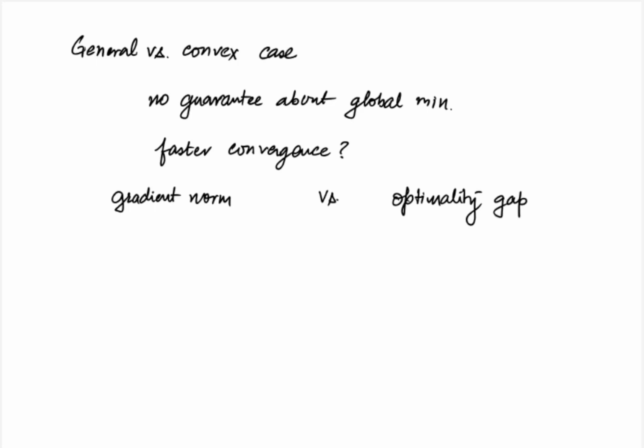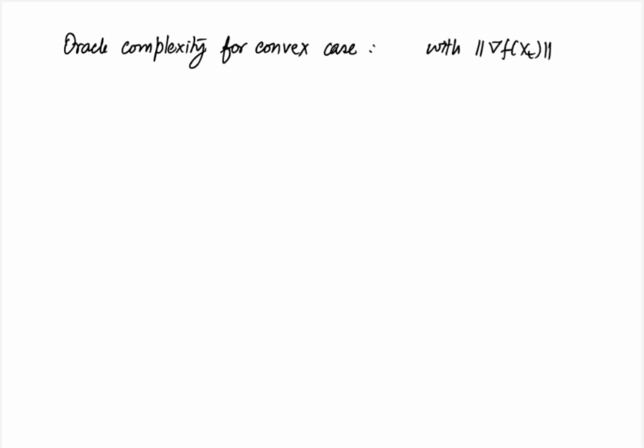Now using the optimality gap for the general case is out of question because there are no guarantees involving f of x star in general. But we can try to align the metric used for convex case with that used here. So what we need is a modified analysis of the convex case where we use gradient norm as a metric. Then let us look at the modified derivation of the oracle complexity for the convex case. While we have already seen the analysis, we need to carry out a different analysis because we want the result in terms of gradient norm so that we can compare it with the general result.